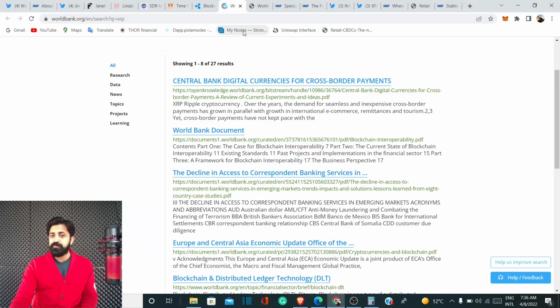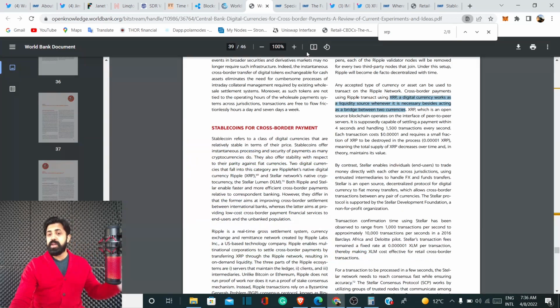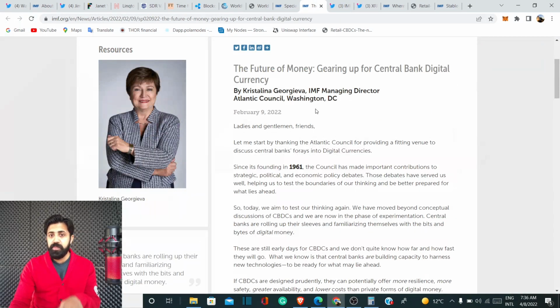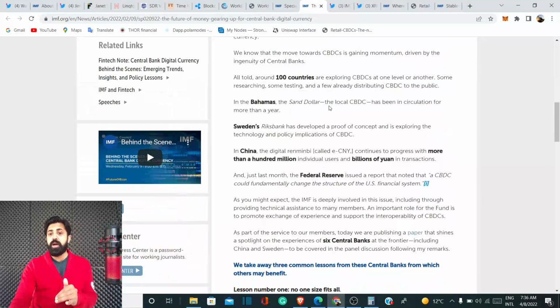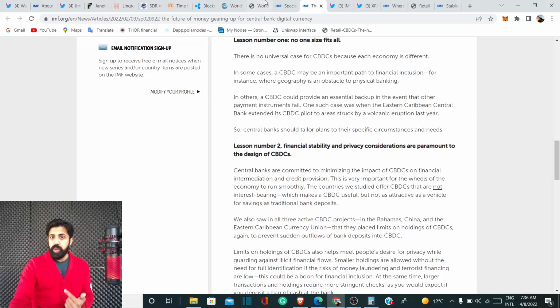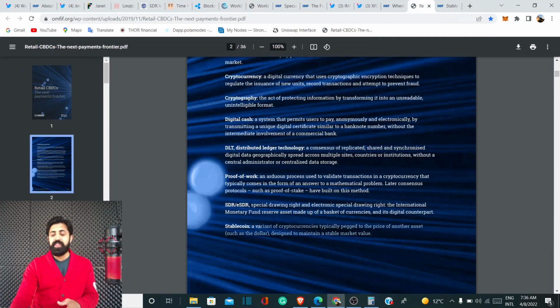The answer to this, you can actually find in World Bank documents. You can go look at IMF documents, and you can literally read through and learn from this, because that's one of the important steps. Right now, you are talking about CBDCs and how you're going to move into that new system. First you need to understand that they give you the idea of stablecoins, and then they talk about liquidity using XRP, and you look at the IMF and